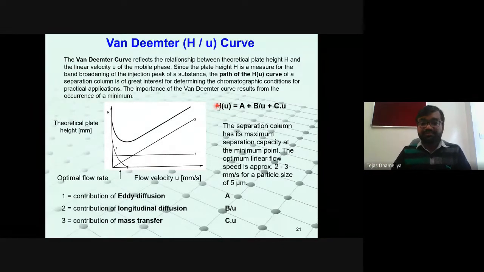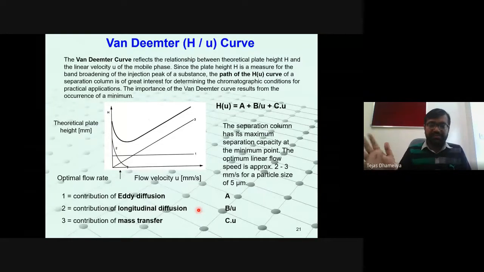Fine. Then A is your eddy diffusion factor, which is a contribution obtained from eddy diffusion. Diffusion is generally a term for the movement of solutes from higher concentration to lower concentration. And B is a factor which is generally called longitudinal diffusion. That is also a kind of diffusion, but majorly it is longitudinal, neither axial nor vertical, but with respect to the longitudes this diffusion is observed. And eddy diffusion means random. There is no perfect direction.